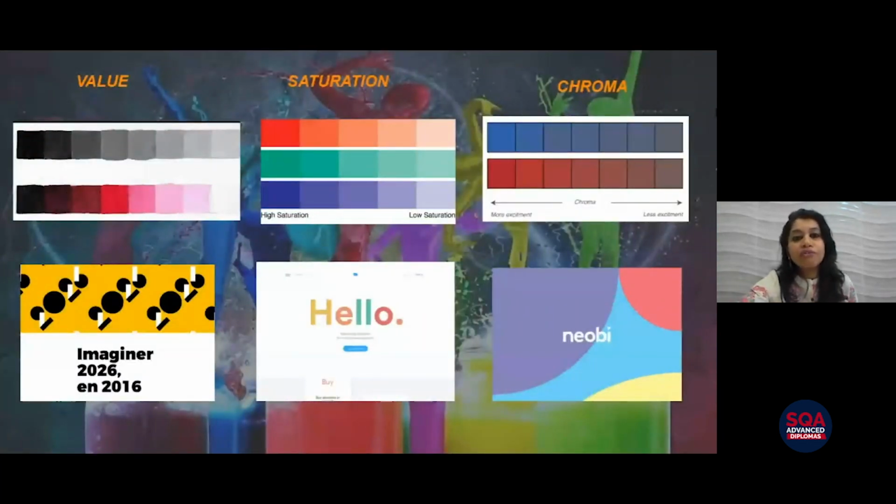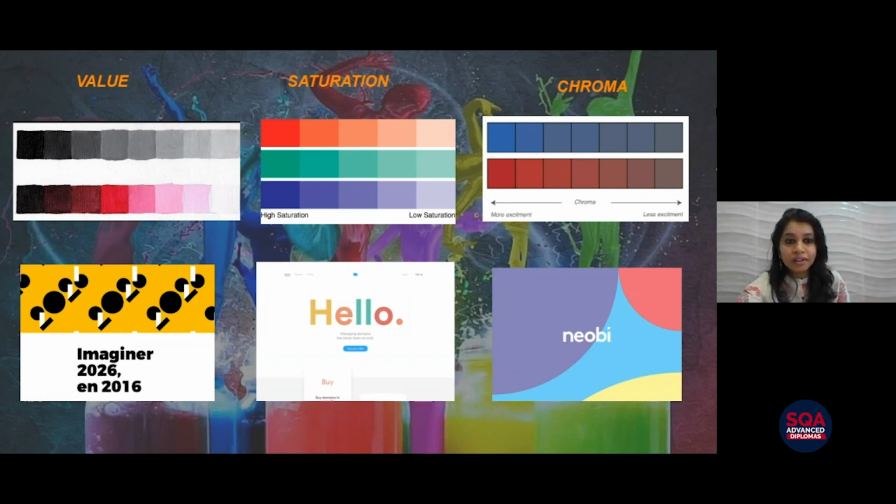Let's understand what is value, saturation, and chroma. These come under the properties of a color. When I talk about value, another word for it is lightness. The more light you put into the color, the more bright it will be. For example, in the image here, when I take the color pink and add white to it, I will see these kinds of grades of pink. It starts from the darker pink and ends at the light one. So the amount of light that you put into that particular color is called value.